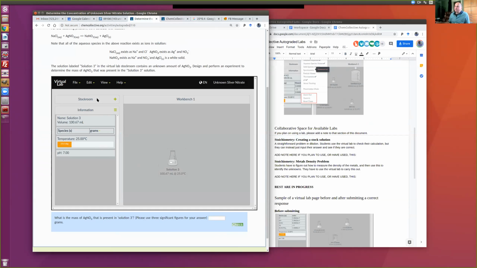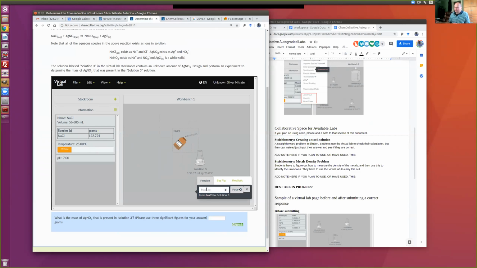Here the experiment design is fairly simple. I'm just going to add sodium chloride, and I can try adding a gram at a time. As I do that, you can see there's solid forming in this beaker and this flask. And if I add more sodium chloride, no more forms. And so I now know I precipitated all the silver. I can then go